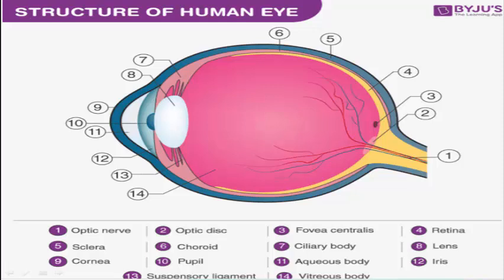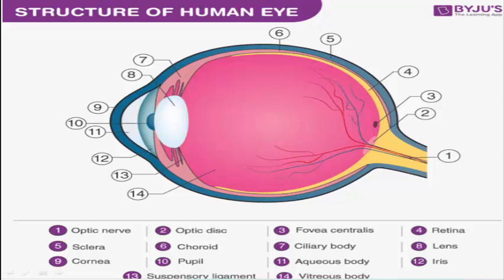In today's session, we discuss the optics of the eye. In this topic, we have to study the biological structure of the eye. The next one is optical representation of the eye, the functions of the eye, and the errors of refraction and their correction in the optics of the eye. Let's start with the biological structure of the human eye.